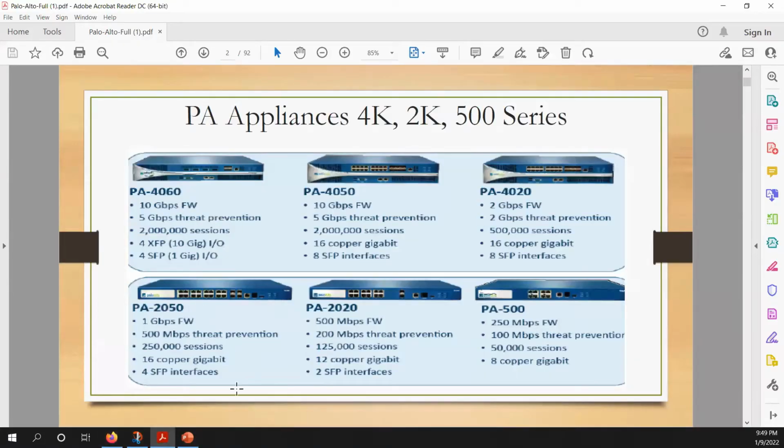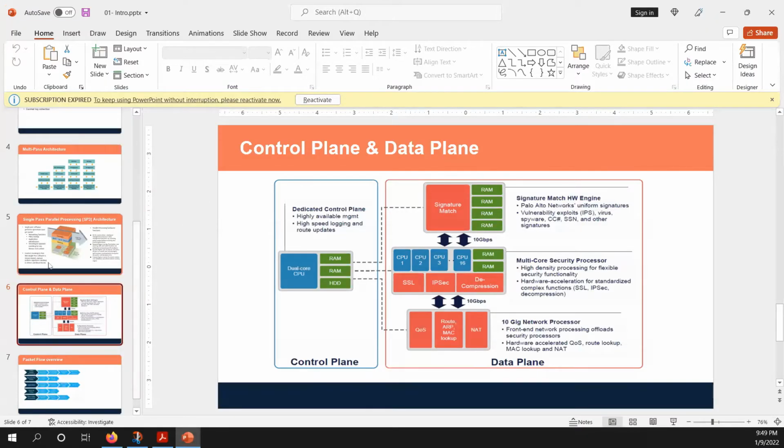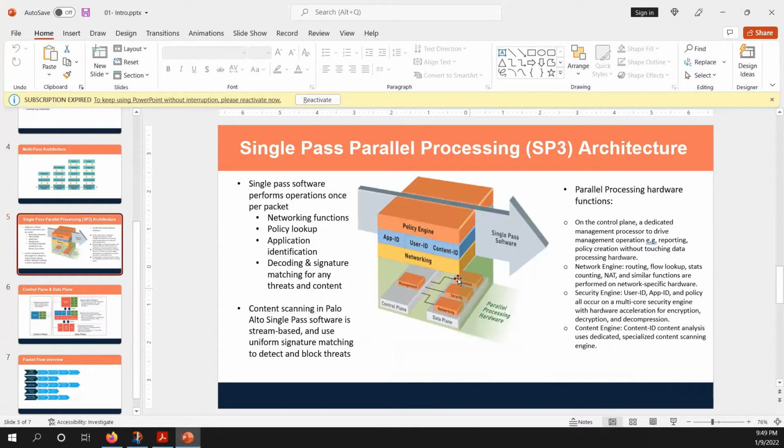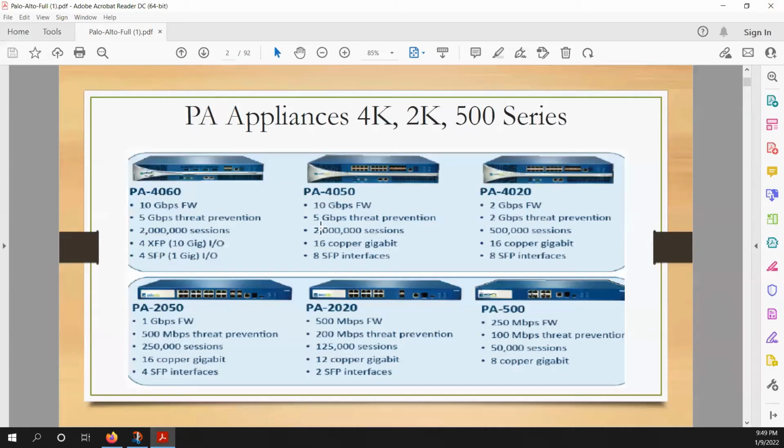Basically, for threat prevention, it is your content hardware, because threat prevention is part of your content. So this content-based hardware is working right here. Yes, there is dedicated hardware for that. And that's on the data plane, right? That's on the data plane, right? Okay.